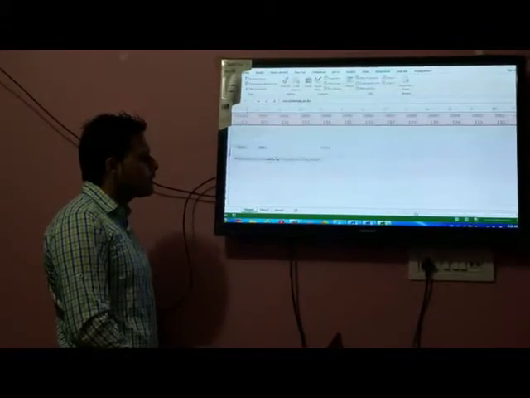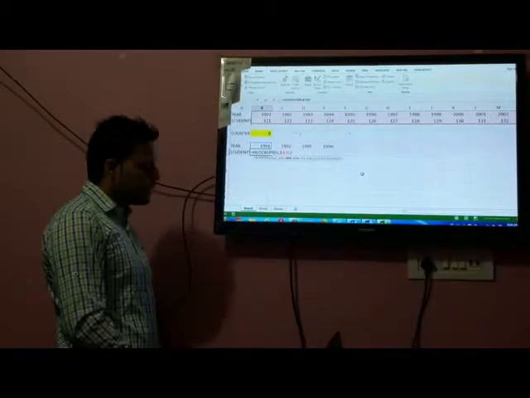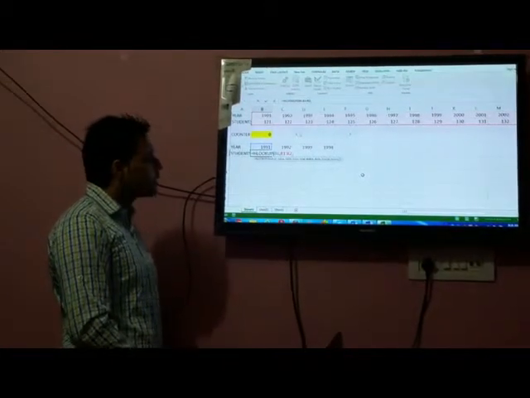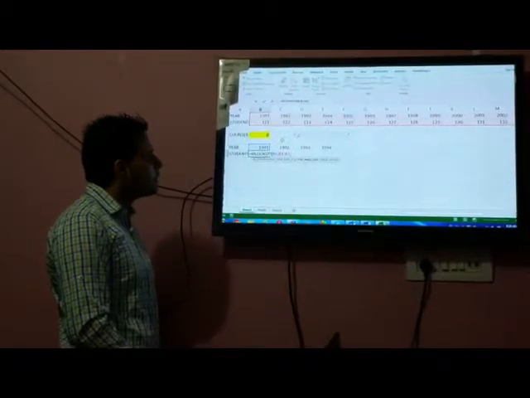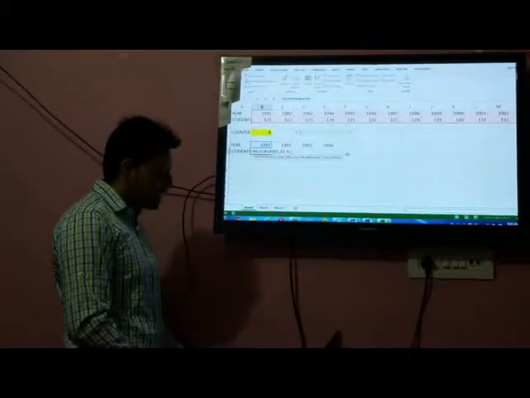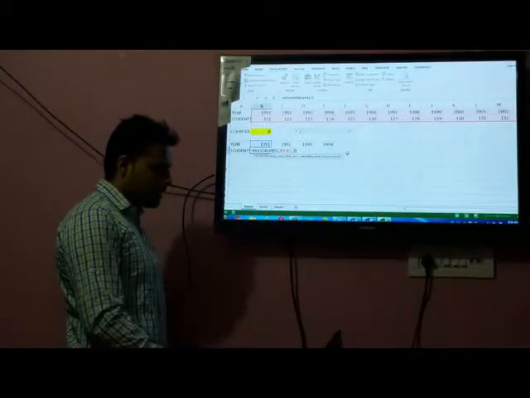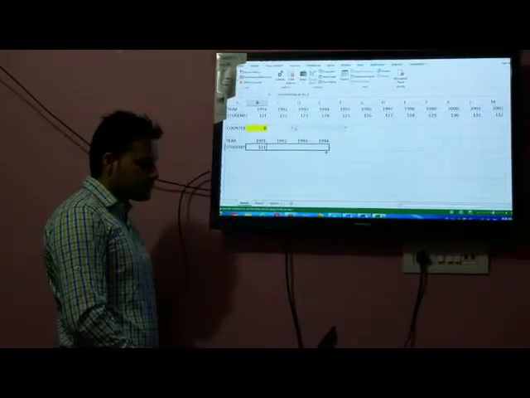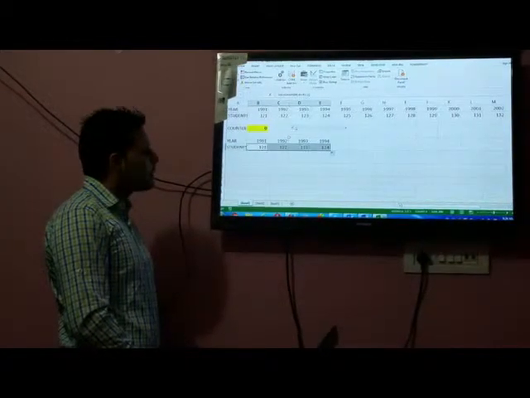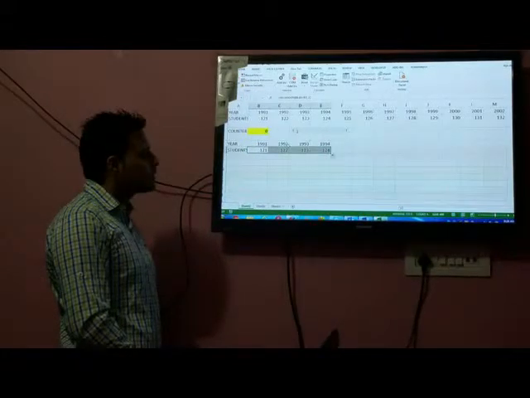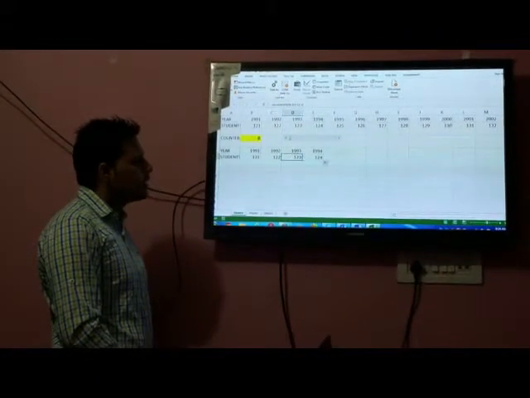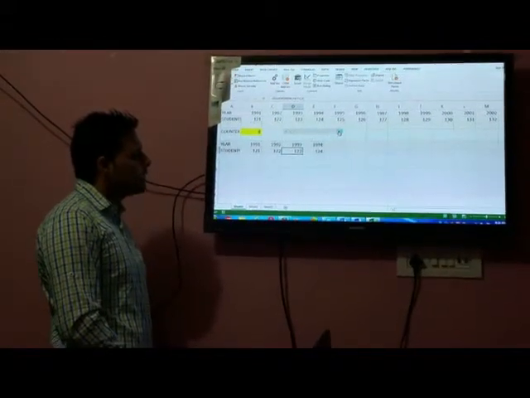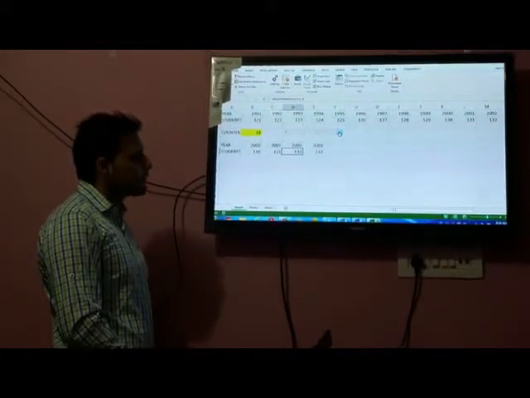Next it demands the row address. So what is the row index number? Student records are in row number 2, so we have to write 2 here. Now make it off and simply drag the formula. You will see all the records come according to the year. Now if you change the scroll bar, you will see all the records are changing.